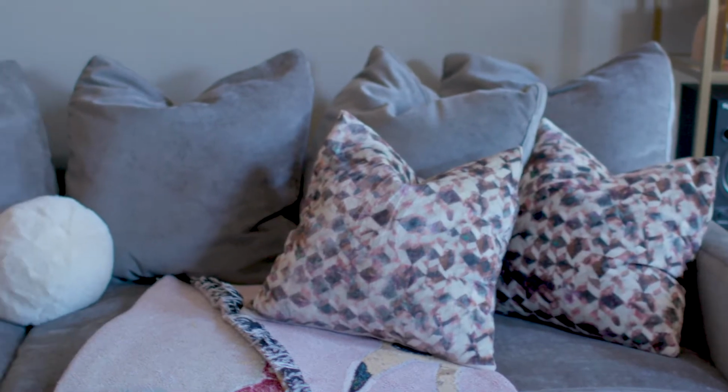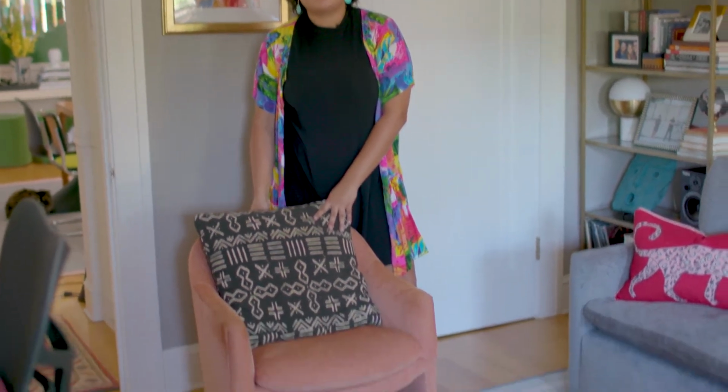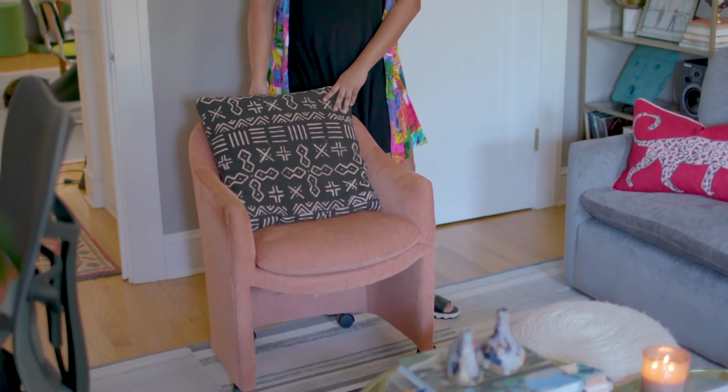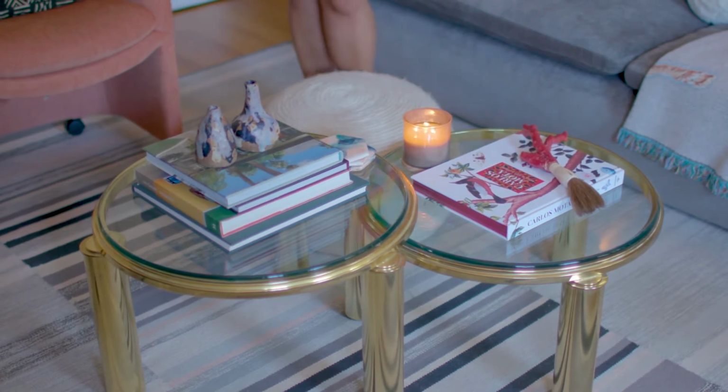We found a really great sofa from West Elm, but I had a friend find these really great Thayer Coggin chairs from Mercantile M, which is in Andersonville. It's a shop that I frequent a lot. They were in great condition. These didn't have to get reupholstered or anything. And then this great two-tiered coffee table was another vintage find that I found through Chairish, and